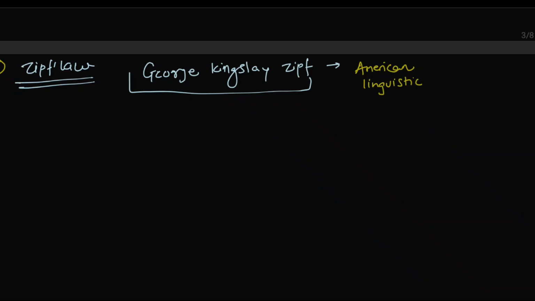Based on this, the law is considered Zipf's law. It observes the frequency distribution of words across the various languages. Okay, so what is this law? It states that the frequency of a word in a corpus,